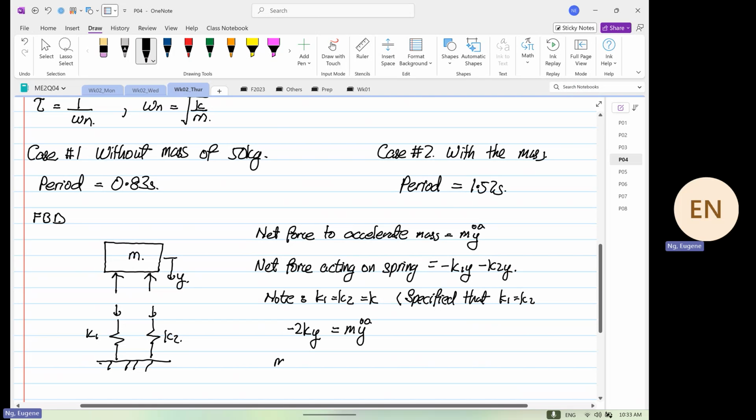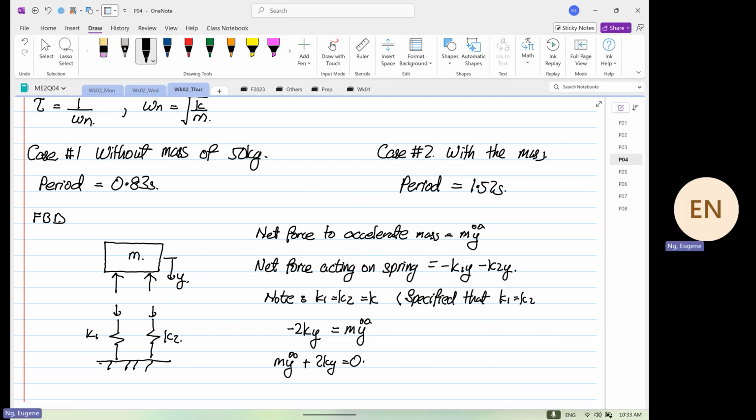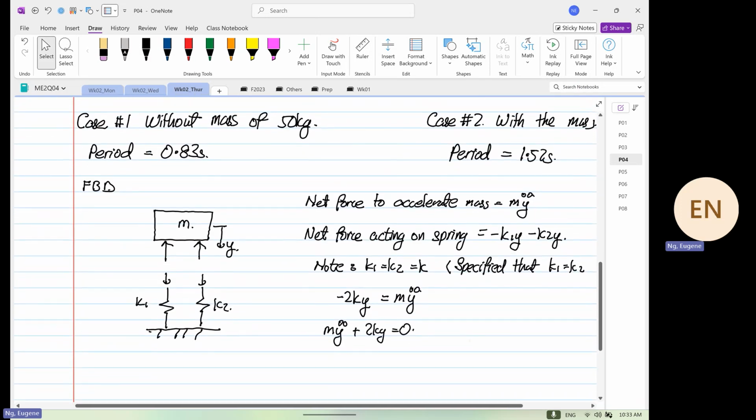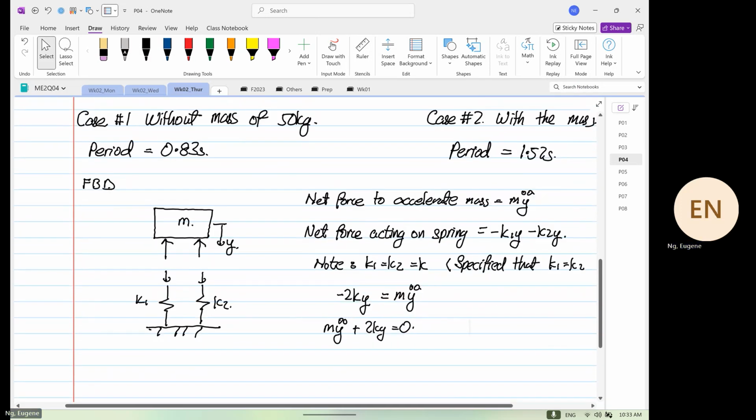Okay, so again, we write out. Right. So we also know that tau